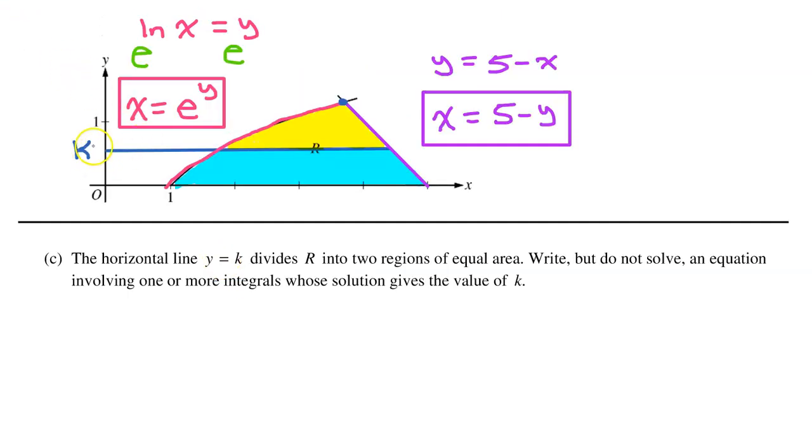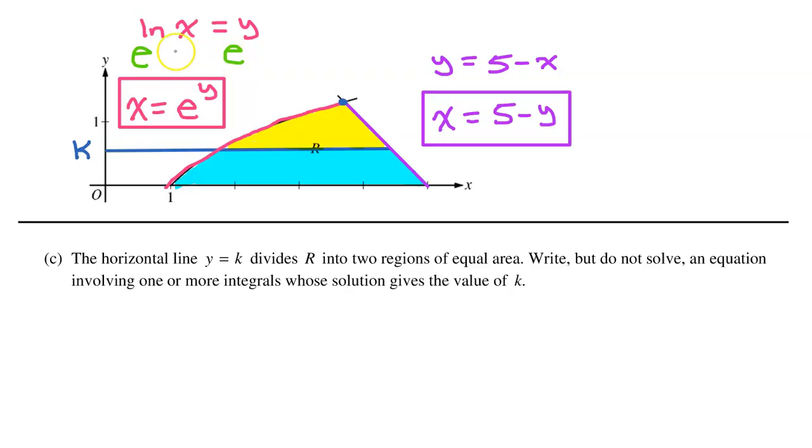To make the value of k show up in our integral, we will have to integrate with respect to y. So we can do things like the integral from 0 to k. In order to integrate with respect to y, we need to get x by itself. So I took the equation y equals natural log x and I flipped it around, and I put a base